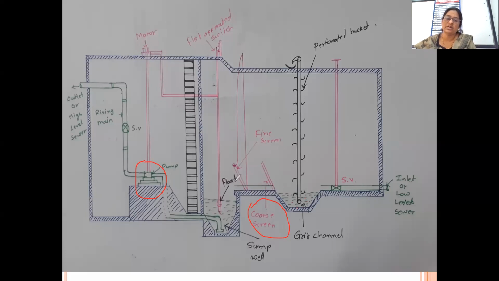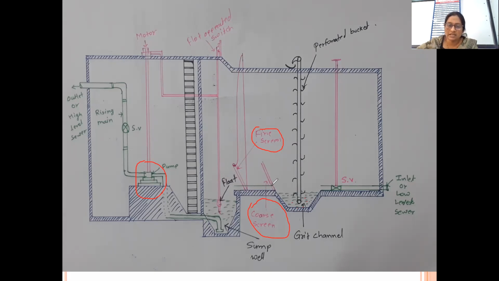Then wastewater moves forward and will pass through the fine screen. Okay, fine screen is provided to remove the smaller particles, but it is in a floating form. So slowly and steadily at different places, you are removing the obstacles which will create problems for the pumping. So this is the coarse screen and this is the fine screen. Now for coarse screen and fine screen, you can provide manual or mechanical cleaning. Either it will work manually or it will work mechanically. It depends upon your decision.